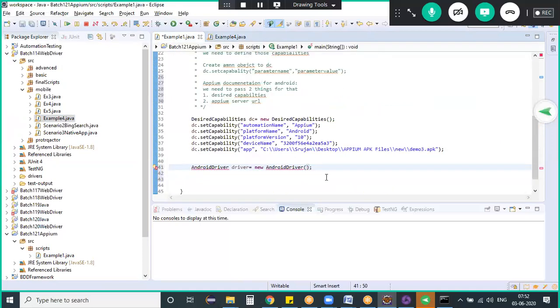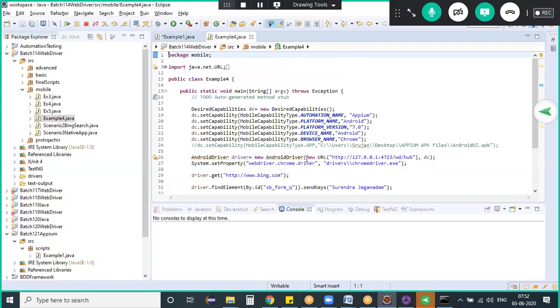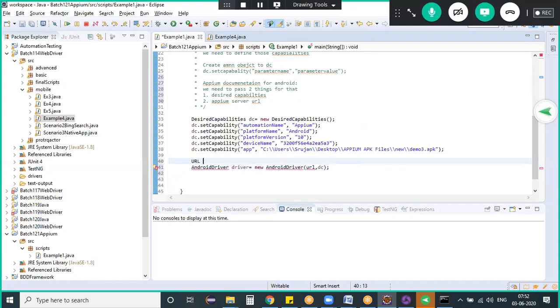Here, for desired capabilities I created an object as dc, and I'm creating an instance as a URL. Now, what is this URL? This URL should hold your Appium server instance. So here I am doing URL url is equal to new URL of,